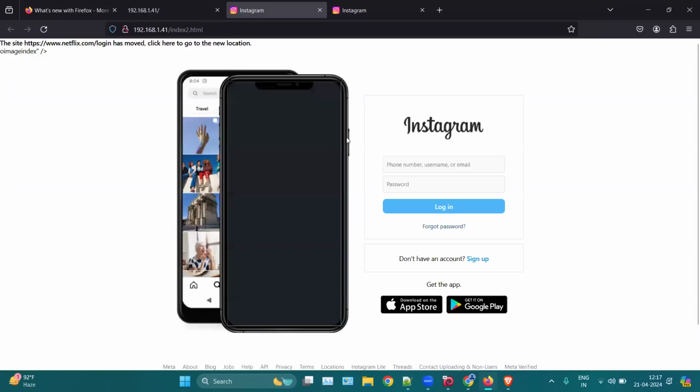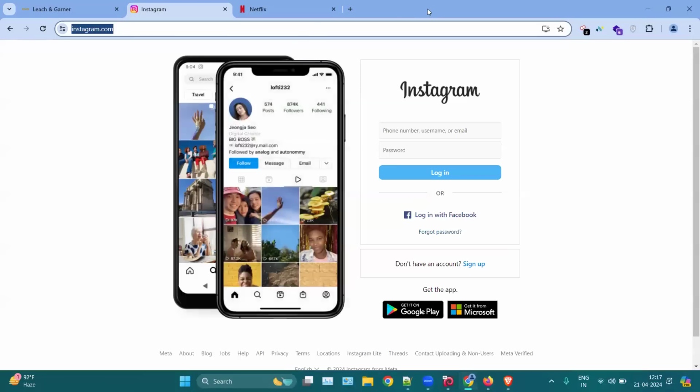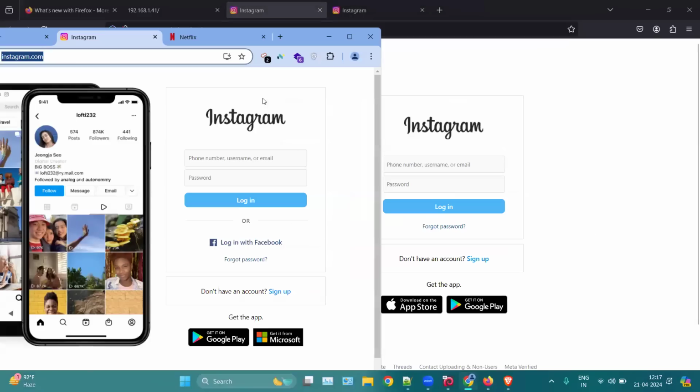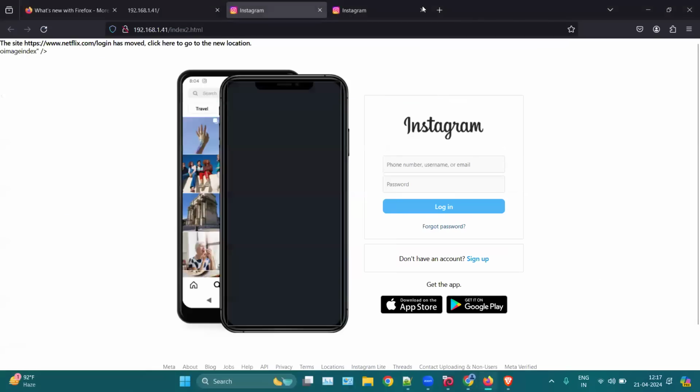Okay, now you can see this is the fake web page. This is my fake web page. And you can see this is my real web page. So there's no difference between the fake web page and the real web page. You can see there's no difference. Now you can share this